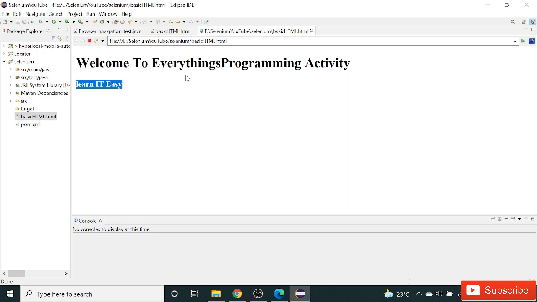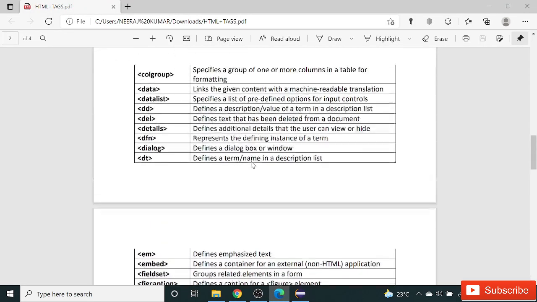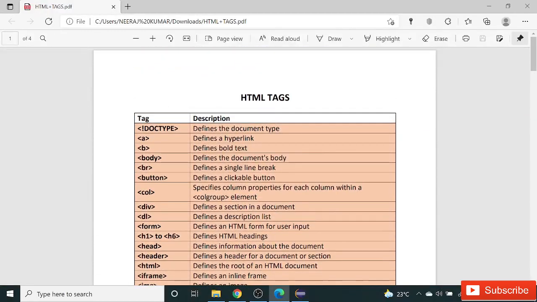Likewise there are different tags we can use to simulate different UI, like adding a paragraph, or different types to add a form. We have different tags, so let me quickly walk you through the list of tags. You can see that we can use them. It is a document that you can download from the description. And if you have any questions, comment below.